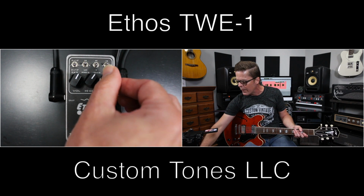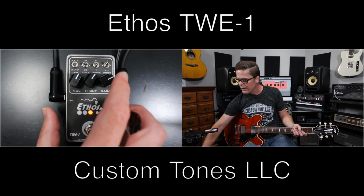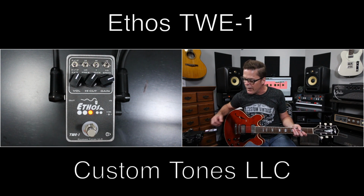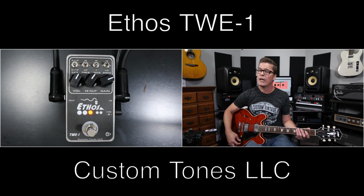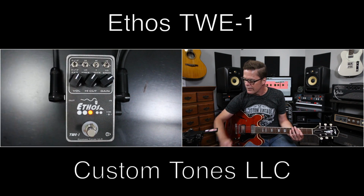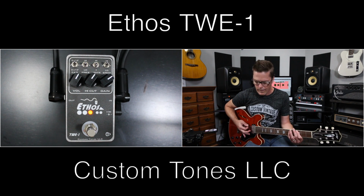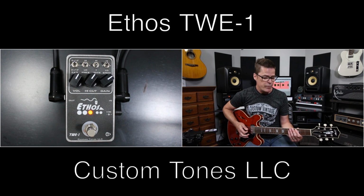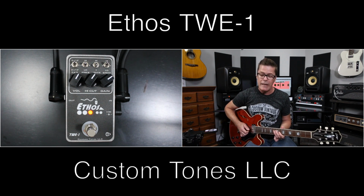And I'll show you a setting that I really dug. It was much like the Trainwrecks I had played back in the days. You could almost turn this pedal into a two-channel kind of amplifier simply by switching back and forth between, like, say, a neck position and a bridge humbucker. So that's quite a bit of gain on my bridge pickup. But if I just clean up my neck position pickup,